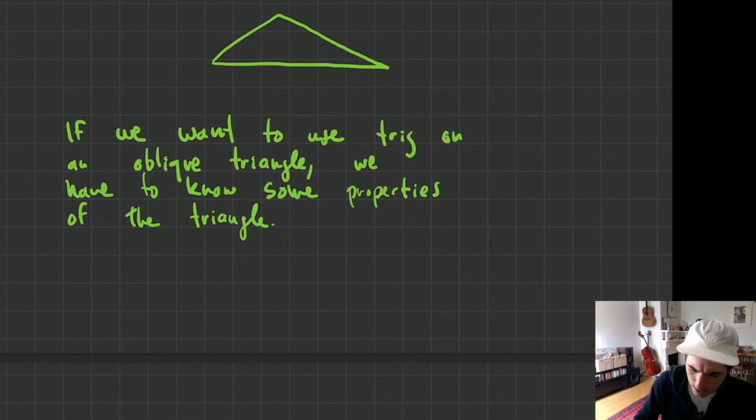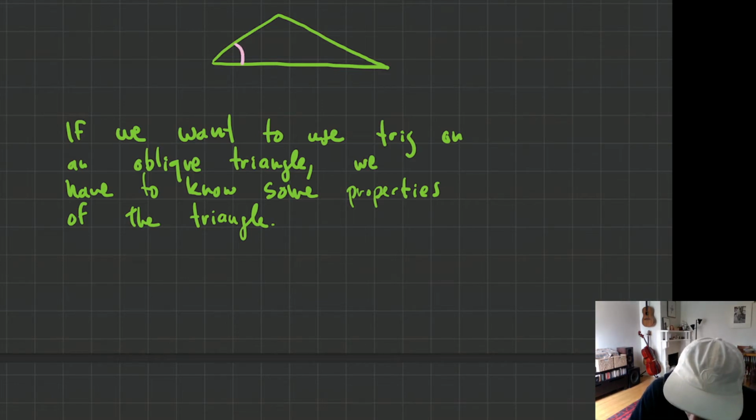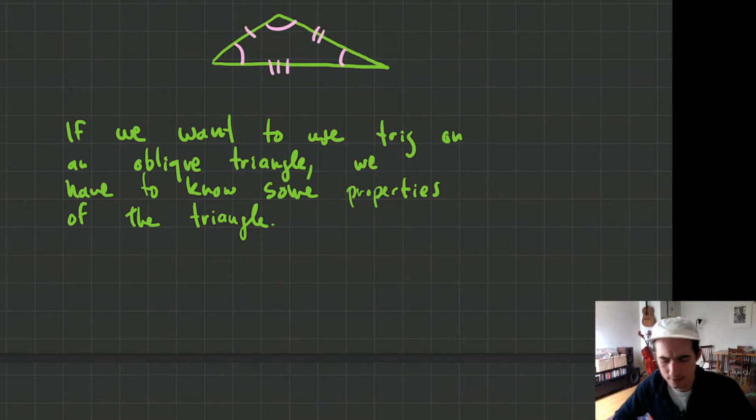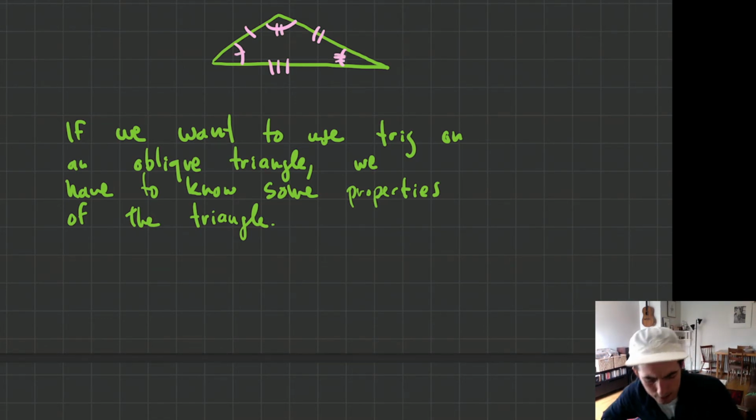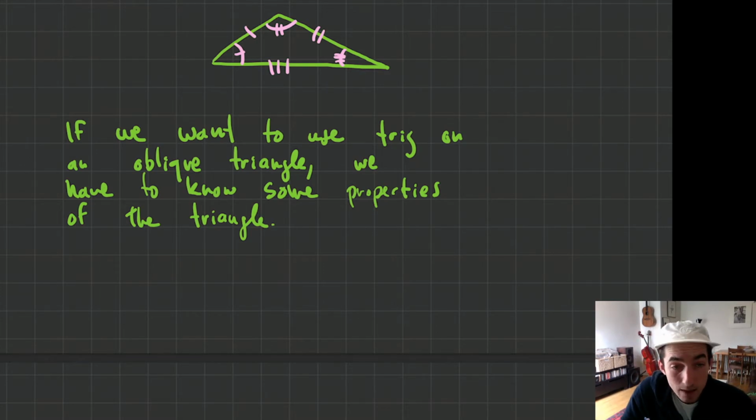Okay. So what are the properties that we're talking about? Well, we've got any triangle has three angles and 1, 2, 3 sides, right? So I've got 1, 2, 3 angles and 3 sides, right? Now, if I know all of those, then I know everything that there is to know about the triangle, right? Once you know all of the measurements in a triangle, then there's really not a whole lot left to calculate. But the idea that we're trying to get at is